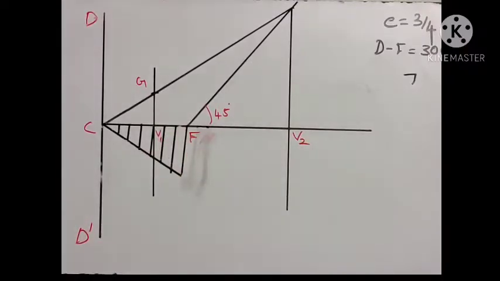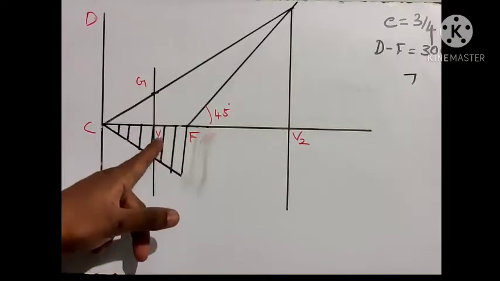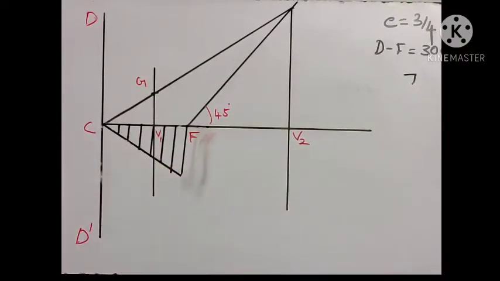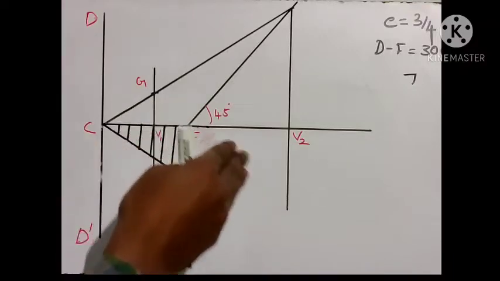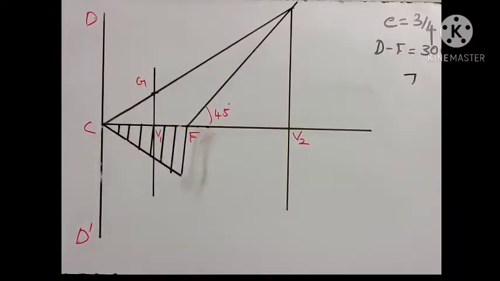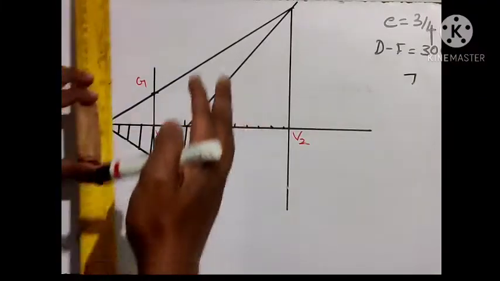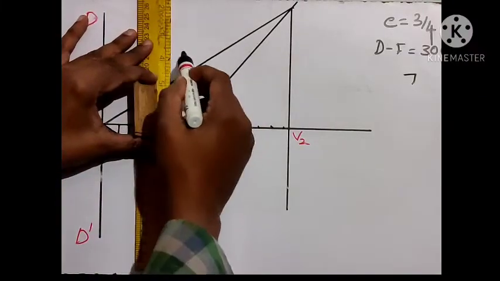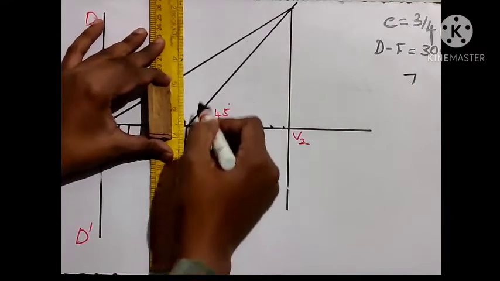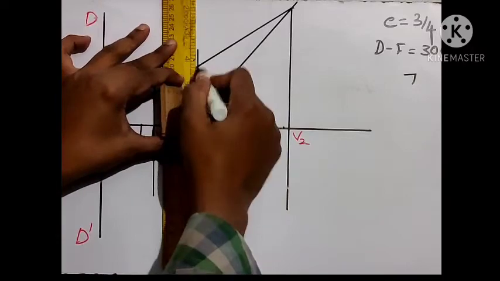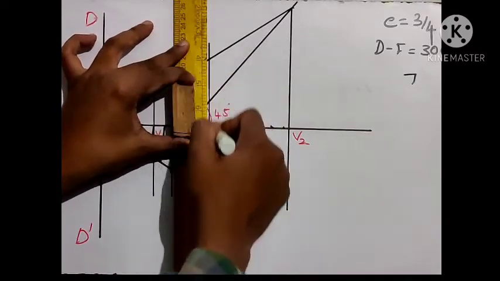Okay. The next step is you need to divide the distance between V1 to V2 into some convenient divisions. So arbitrarily you can make some n divisions. So make it convenient. See, for example, make each divisions as a distance of 10 mm. So it will be easy for you. Let's draw a vertical line, something like this, passing through the point, and the vertical line should extend till the guiding line.